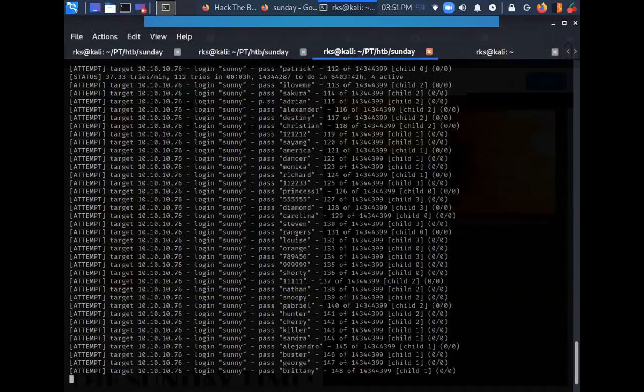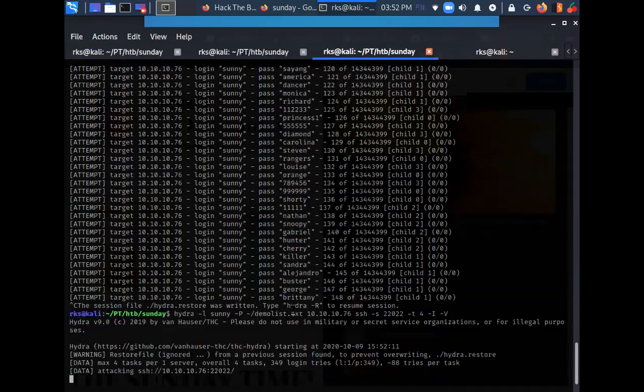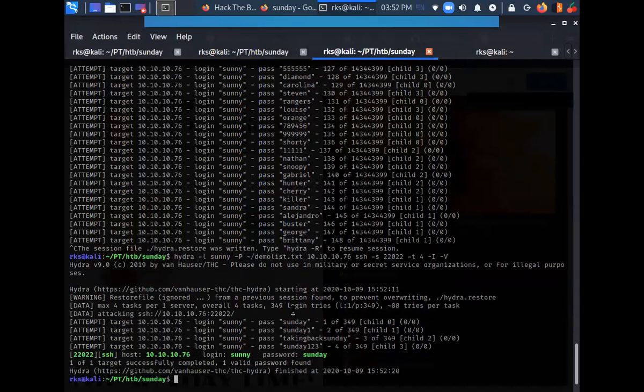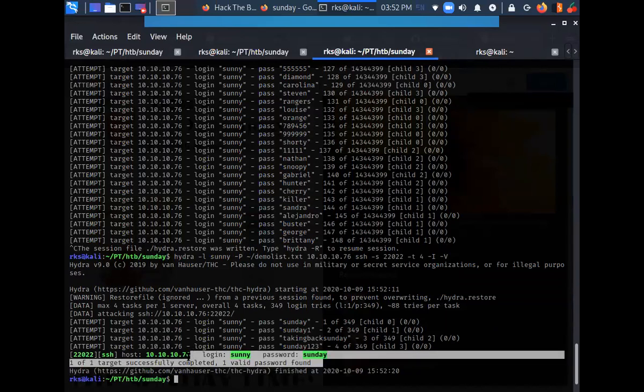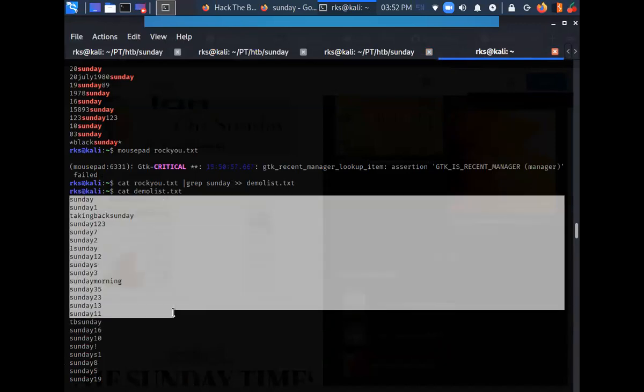We have it here. Let's try to run this brute force using Hydra, but using a different word list. And it says one valid password found in the first attempt itself, because the word list that I just created had this as the first word.